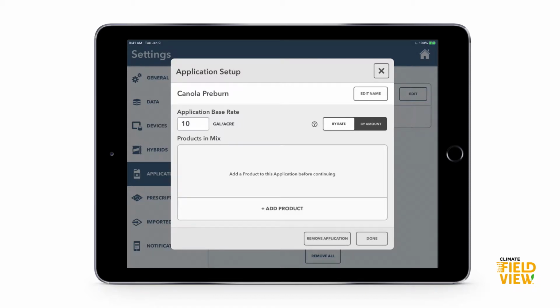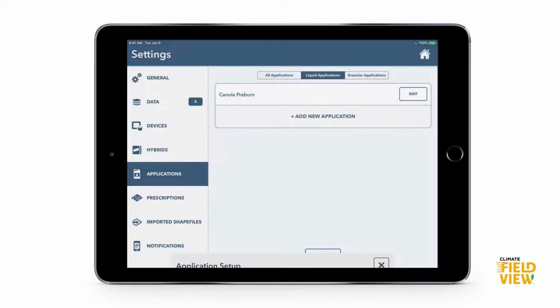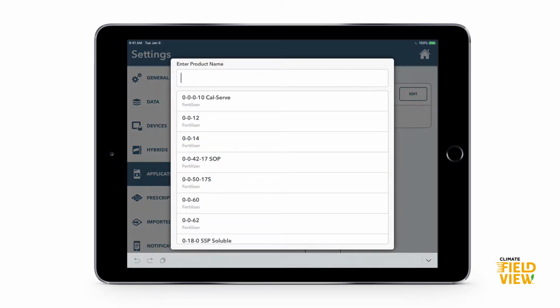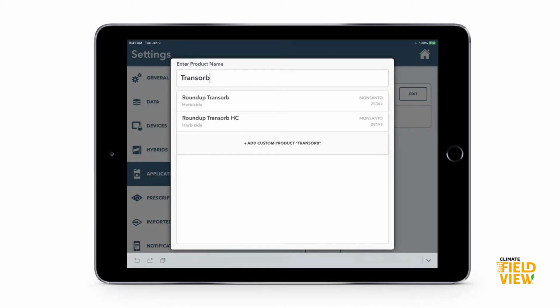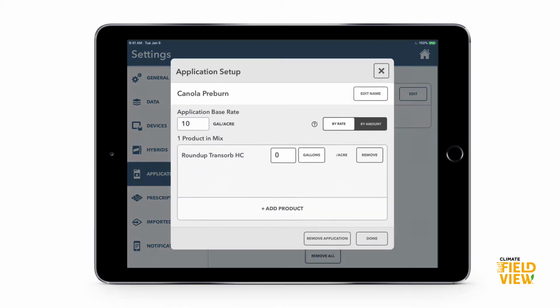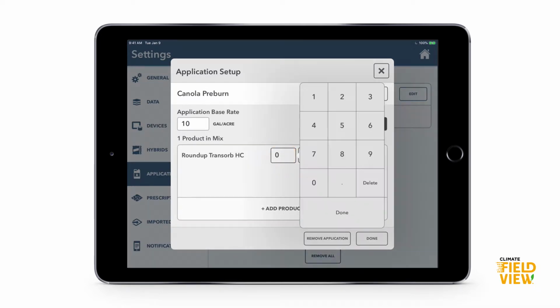And the second thing is adding our products. So let's say in this tank mix, we are going to put Transorb as our glyphosate product. So let's select Transorb in there. And you might note, hey, my Transorb, I don't measure that in gallons. So I don't want to get out my calculator and do this. So instead, if we tap that gallons button, it lets us choose whatever unit we want. So let's say we will measure our glyphosate in liters, and we're going to start doing this field at 0.67